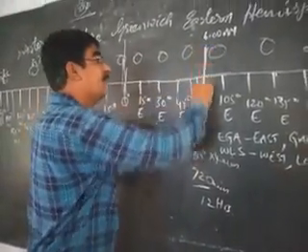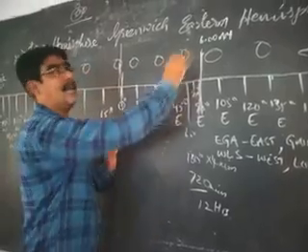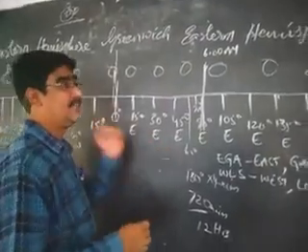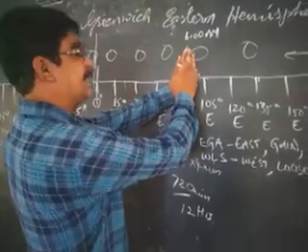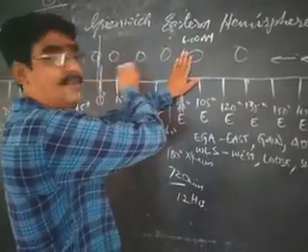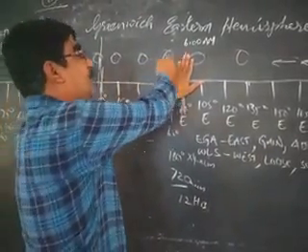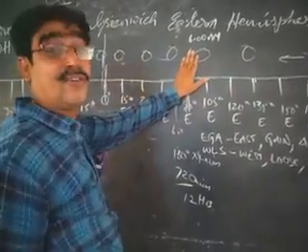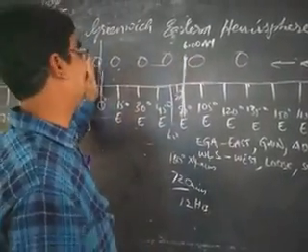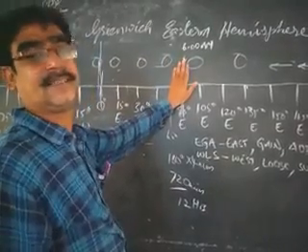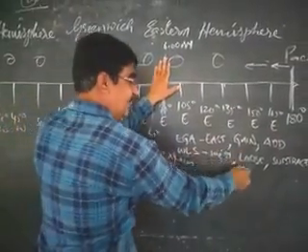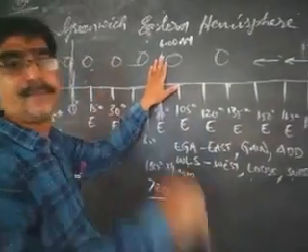See here, at 90 degrees east, the time is 6 a.m. They asked about 0 degrees. 0 degrees means take this as base. You are moving towards the left, or west. You have to find the time of the west, not the east, because they asked for 0 degrees and you are at 90 degrees east. West, lose, subtract. Just remember that.